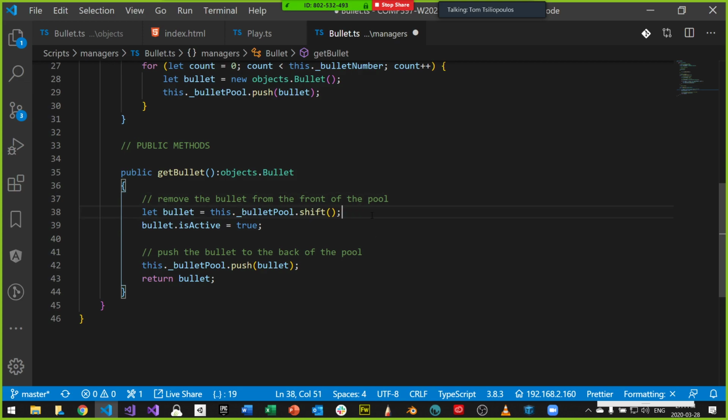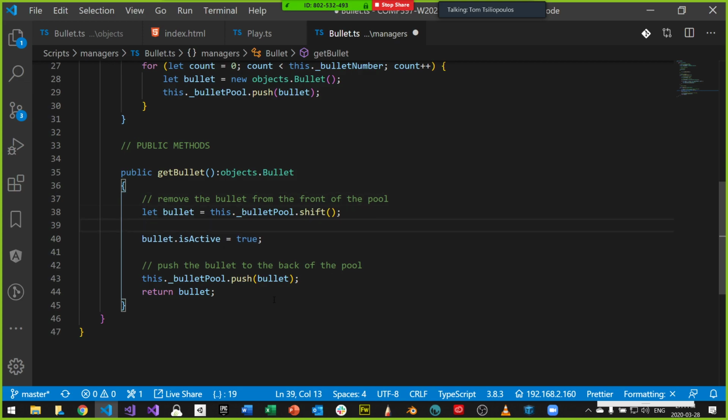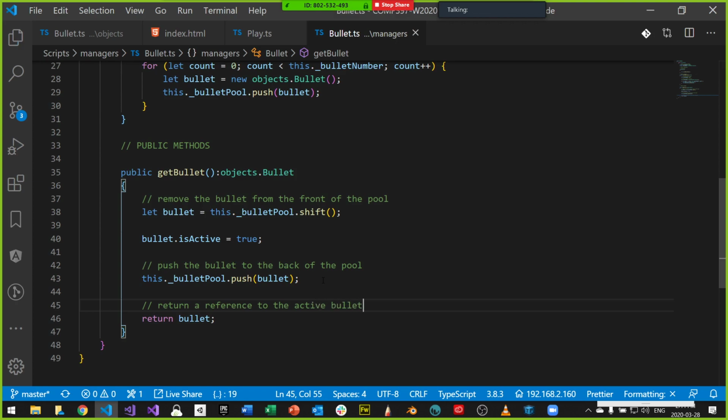Okay, so those are the steps. And then of course I'm going to return a reference to the active bullet. So that is my getBullet function. And I only do this one.